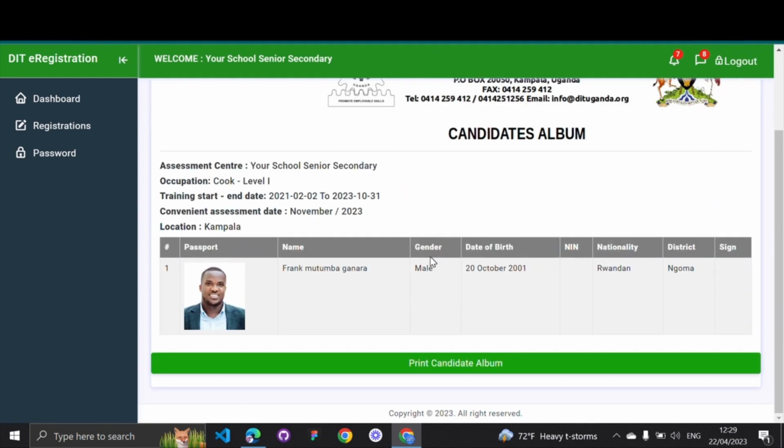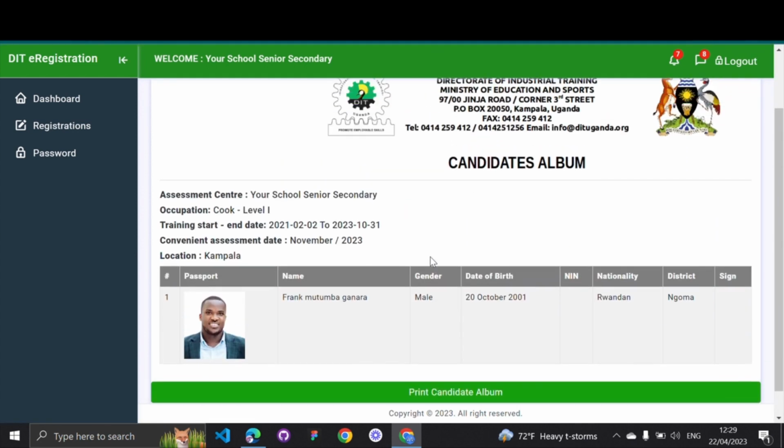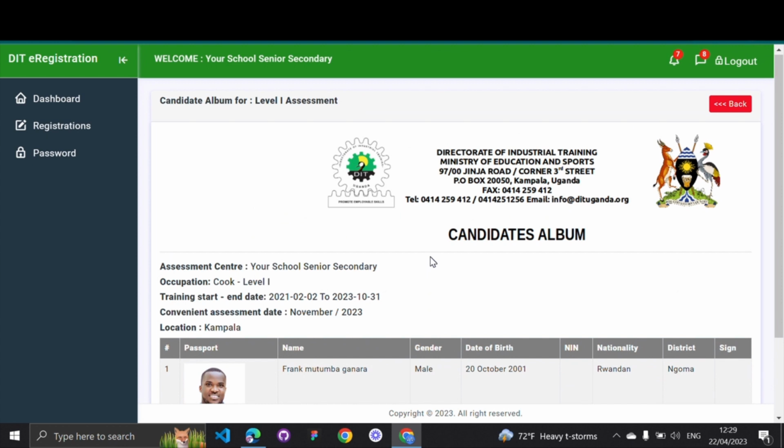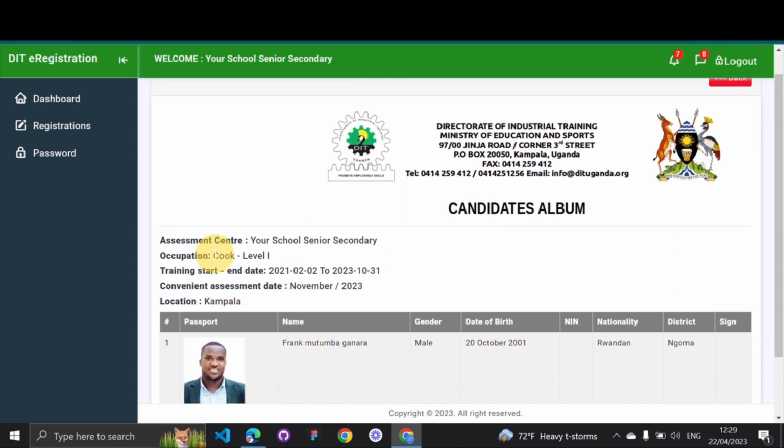You click on, so we have Frank Mutumba. Frank Mutumba is a cook, level 1. Then you click print candidate. The same process. Save as PDF. So that's how you save the albums. So let's go back to,